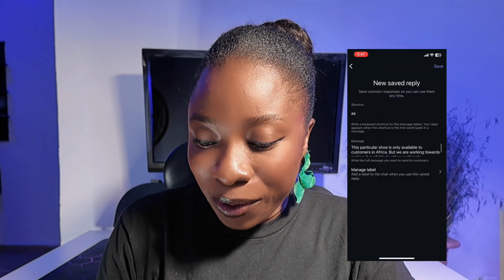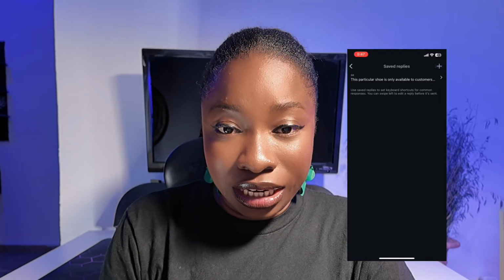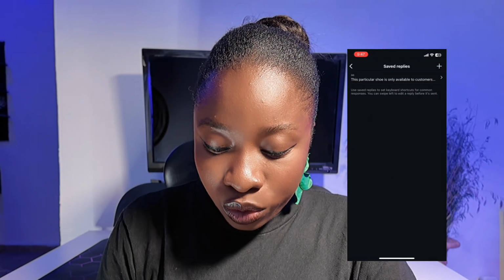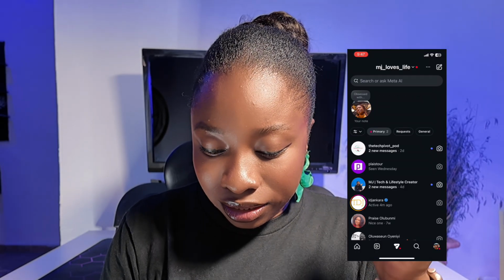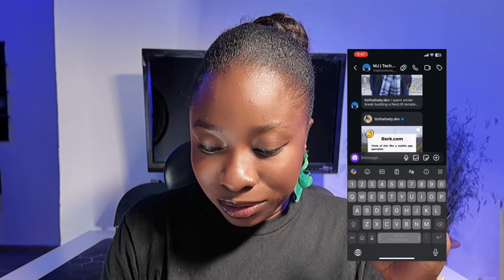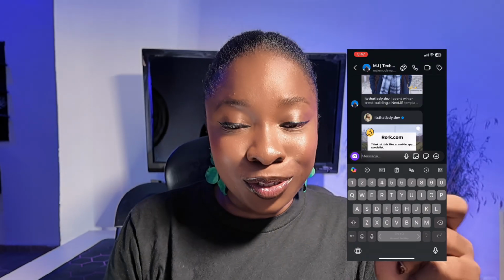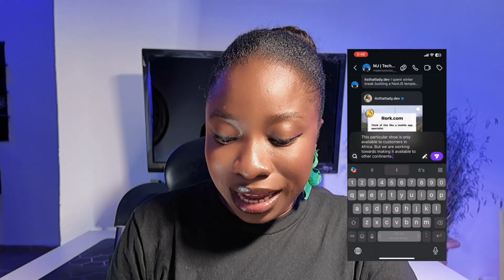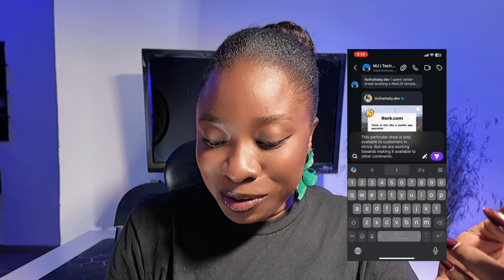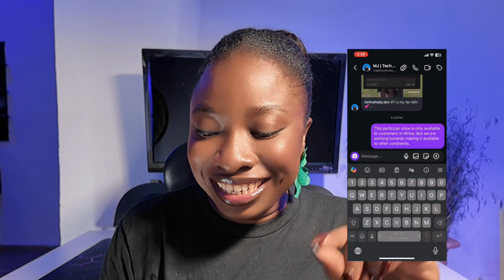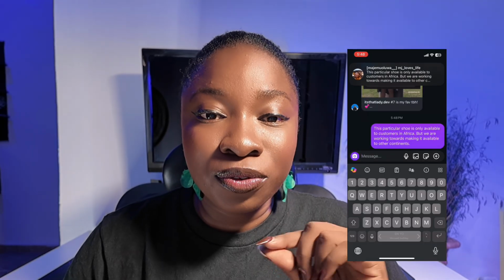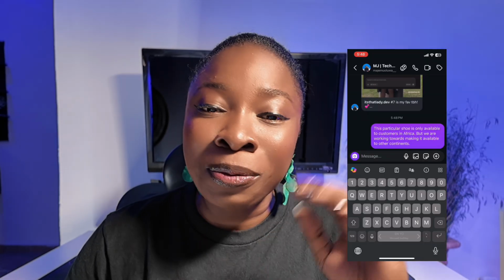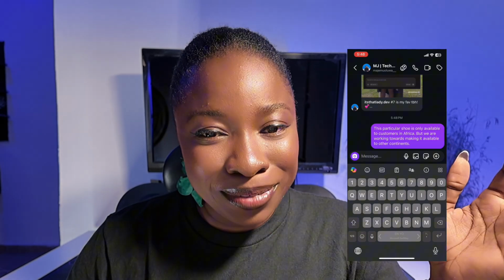I have created it now, and then I'm just going to save it, so you can see it is saved already. Let me just pick any account. And remember the shortcut we used was AA. Once I type AA, you can see the saved reply pops up, and voila, I don't have to type this long message, and I can easily just send it. Again, I think this is a very helpful feature, especially for business owners or for people that get a lot of DMs. While we're still in the DM, let's go to the third feature, which is the